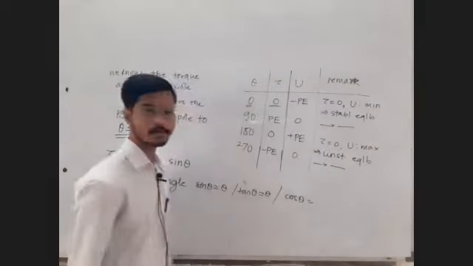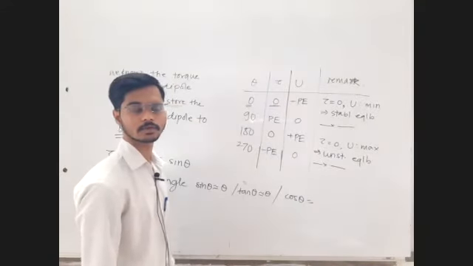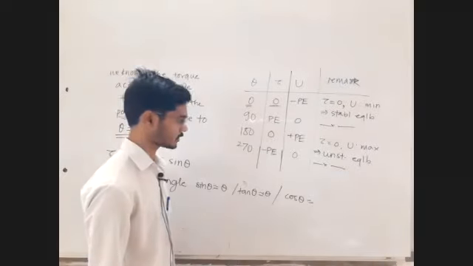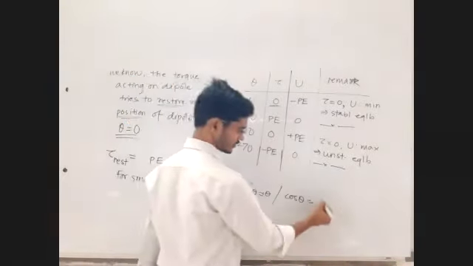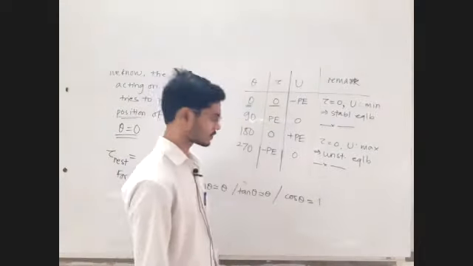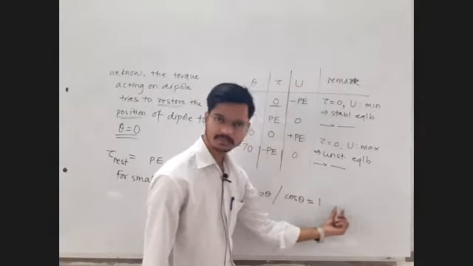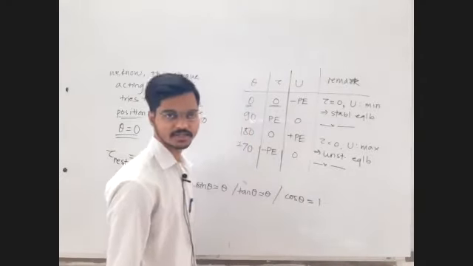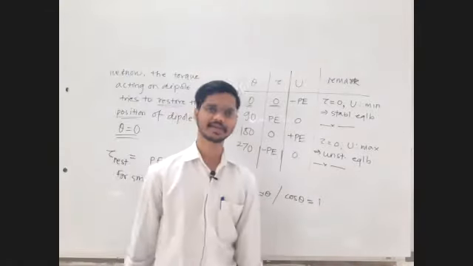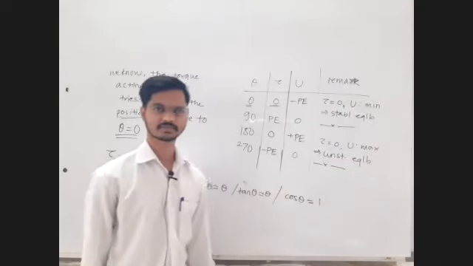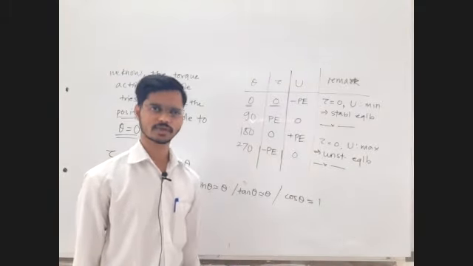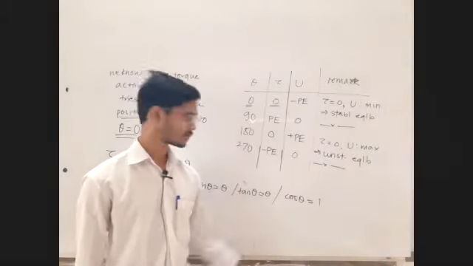Expecting replies. Cos theta is equal to what for small angles? Yes, it is 1. Can anyone tell me? There is one more further term. 1 minus something is there. What is that? If you neglect the theta, then it will be equal to 1. If you take theta equal to 0, it will be exactly equal to 1. But theta is a small value, not 0, very, very small, closer to 0. What is the further term?